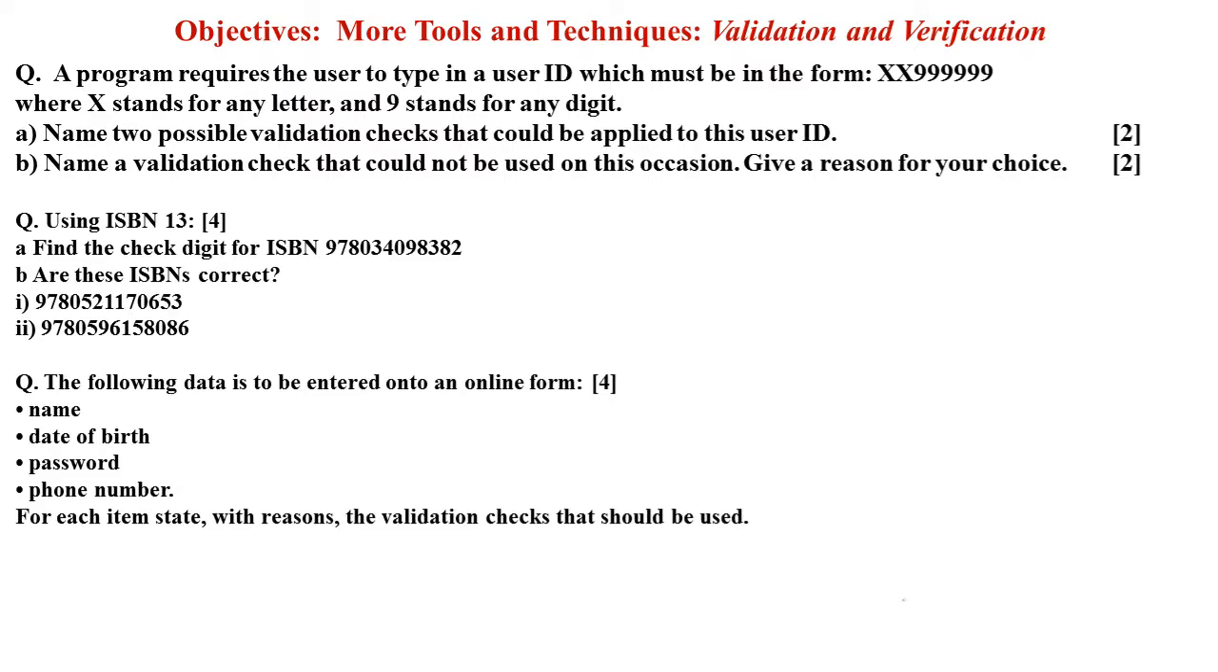I guess the first one should be the format check because we have alphabets and digits here. So the first kind of check would be a format check, that is going to check the format. And we can have a length check. This user ID must be 8 characters long and it must follow a certain format. So your answer would be a format check and the